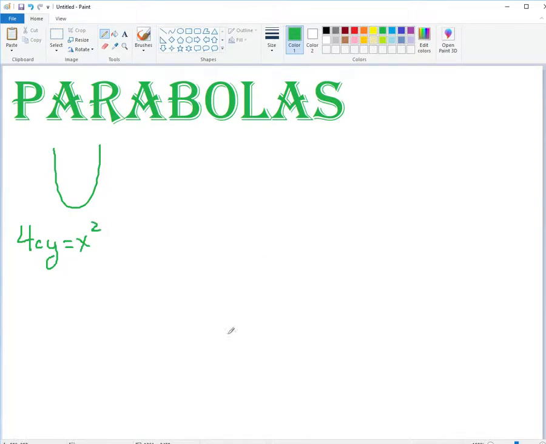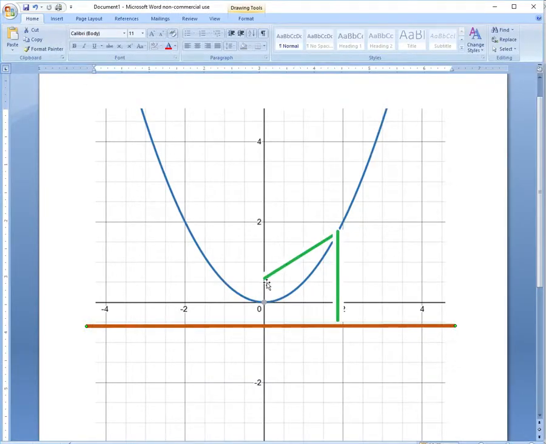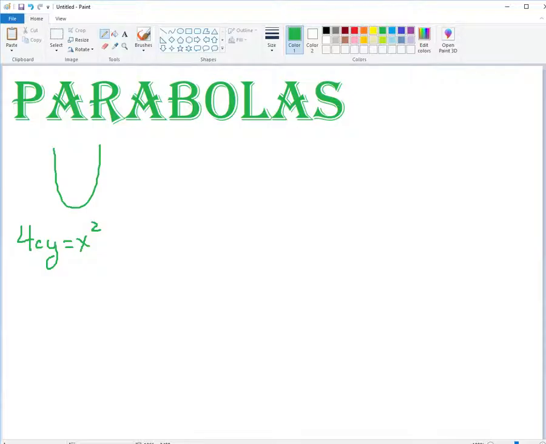Okay, now from this, we've discovered that this one has a c value, from vertex to the focus, of about 0.5. Let's say c is equal to 0.5, which means that our whole equation is 4 times